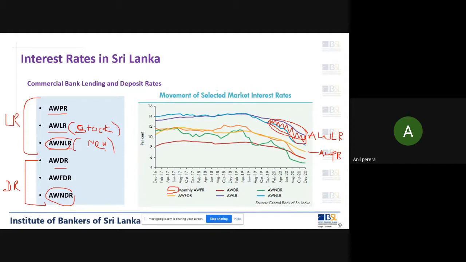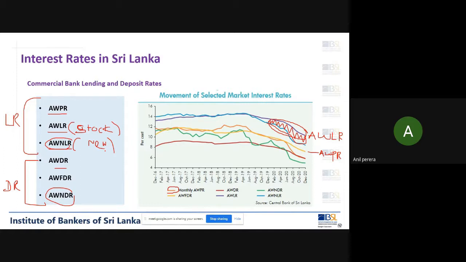And if you take the deposit portfolio, you have various deposits. You have savings, you have time, you have call, you have various types of deposits. If you take the entire deposit portfolio, the stock, and calculate the interest rate based on these different products, that we call the average weighted deposit rate. So I'll repeat, average weighted deposit rate is the weighted average of all interest rates offered on rupee deposits in